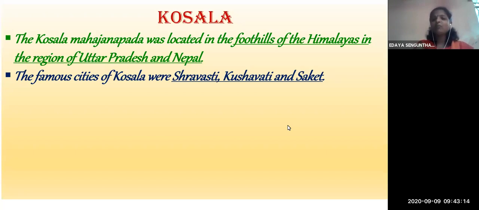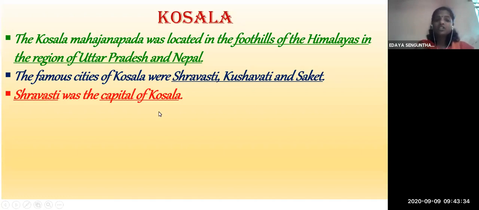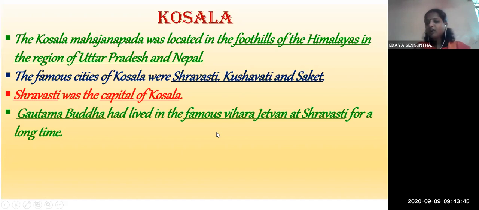So, as you named a few important cities, there are many important cities in a state, but there is one city which is the capital. Am I right? Similarly, the famous cities in the Mahajanapada Kosala were Shravasti, Kushvati and Saket. Shravasti was the capital of Kosala. As Mumbai is the capital of Maharashtra, Shravasti was the capital of Kosala. Is everyone following me? Understood? Yes, very good. Nod your head, beta. You are visible to me, I can follow whether you are getting it or not.